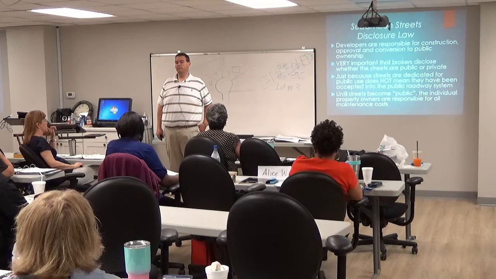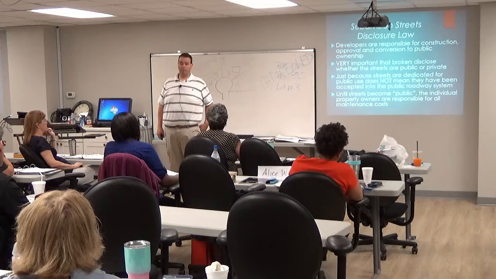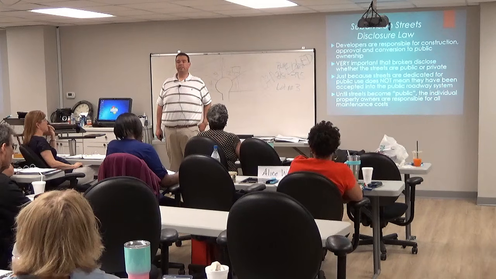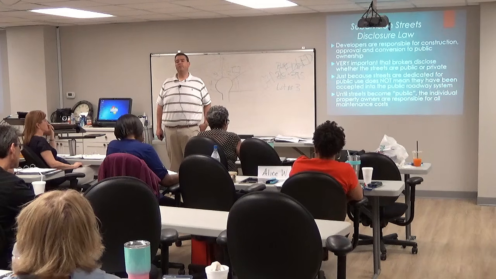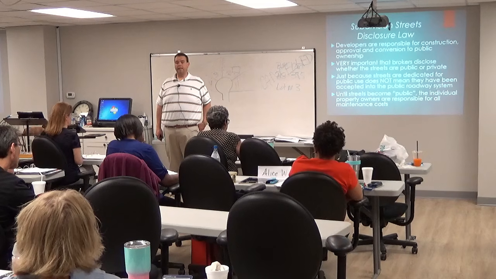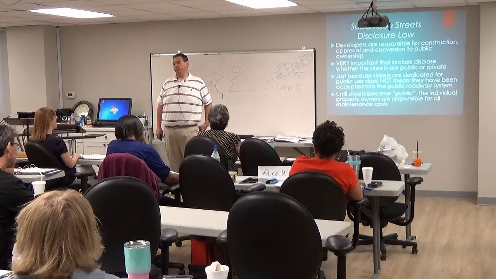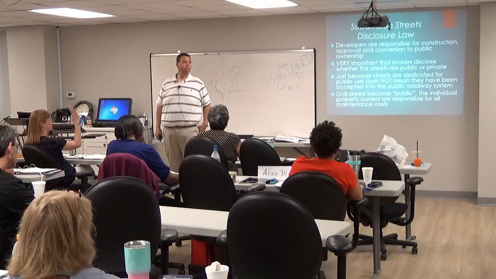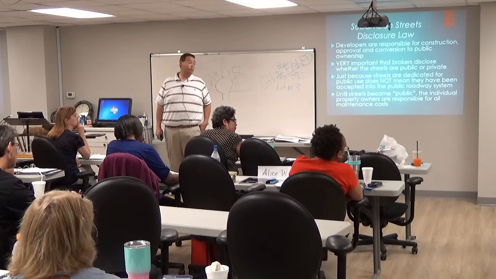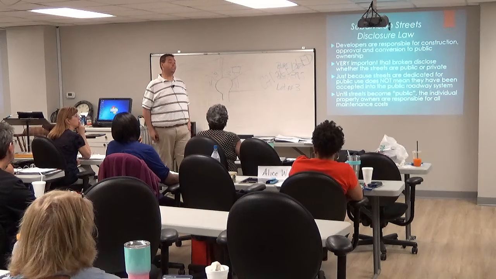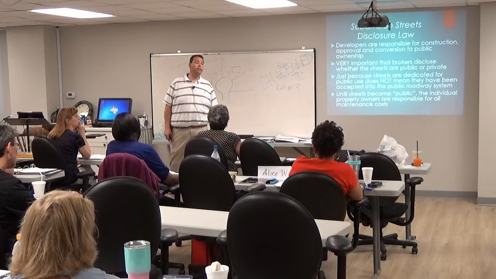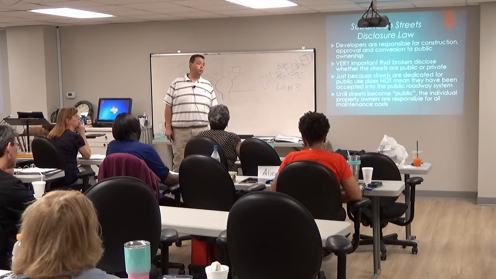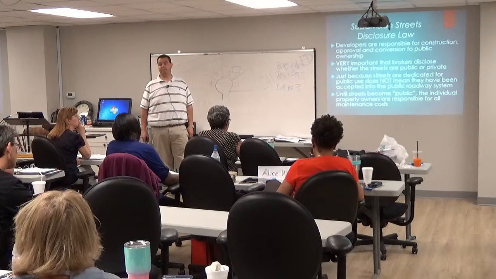How do I check on my streets to see if they're private or public? Contact the Department of Transportation. Call the NCDOT. Give them the state road number that's on the sign at the end of the street, and say, I need to know if this is a state-maintained roadway. And they'll tell you. But if there's any development still going on in your neighborhood, you know that it's not a state-maintained road, because they'll never accept it for public purposes until it's finished.